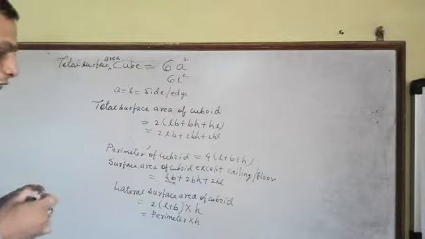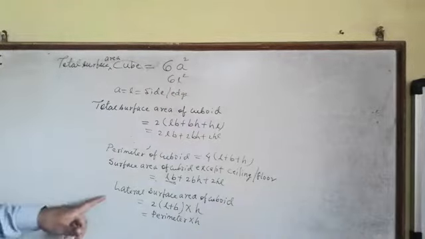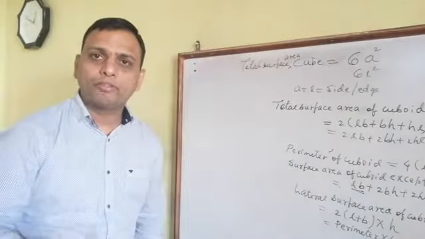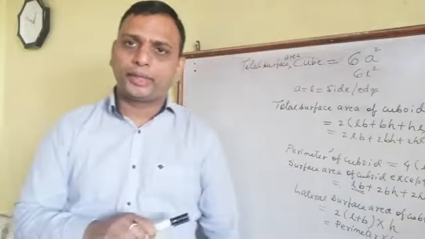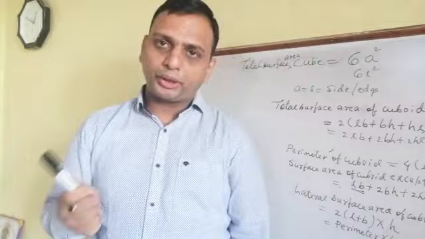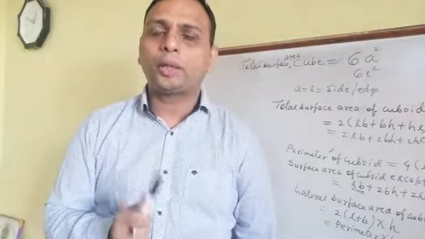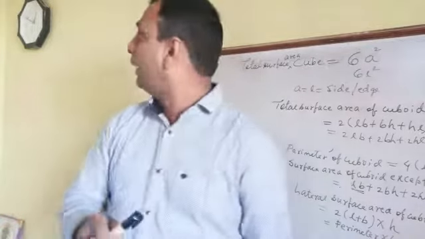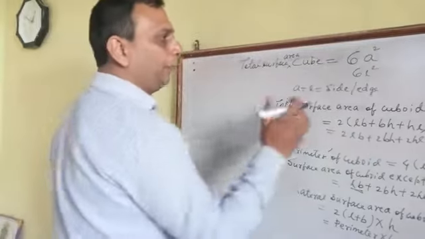Now, as we had discussed the lateral surface area of cuboid, I told you the lateral surface area of cuboid means when the bottom and the top part are not included. Same way, if we have to find the lateral surface area of cube where the top and the bottom part are not included, in that case the formula will be